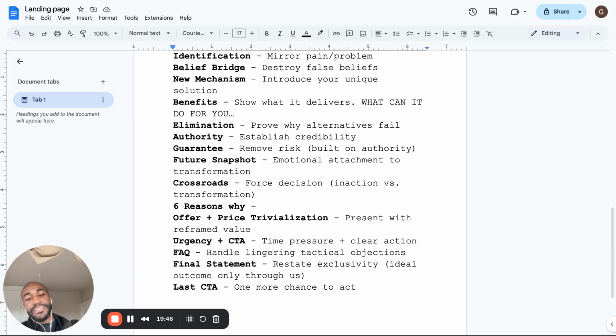So it's like future pacing. Show them what the future self is going to be like, the future identity that they want to achieve. That's how you structure that future snapshot. So, hey, this is a transformation. This is what it's going to look like. And then you have crossroads, which is